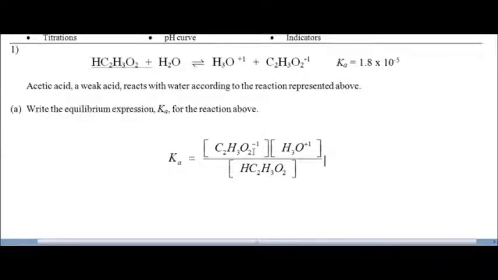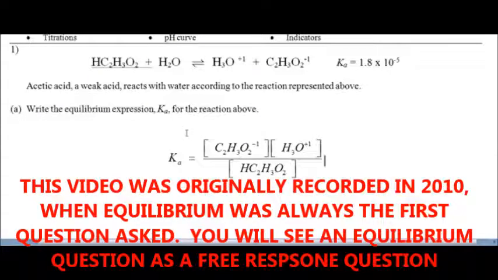We're going to use this expression at least one time, and then we'll use a variation of another expression later on in the question. So part A, which is a very typical first equilibrium type question that's asked on the AP exam. Get it right, easy point, starting off. Part B,